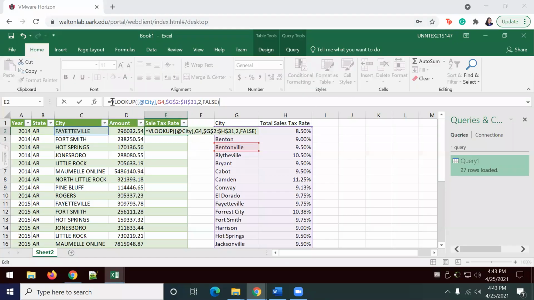Okay, so I'm going to go ahead and put in my VLOOKUP, which is pulling the city value. In this case, the lookup value is the city, and the table array is G4. And the column index number is all of the information from the sales tax rates. I did not include the headers, and my range lookup is 2. And then I'm going to include false with my closing parentheses, and I'm going to go ahead